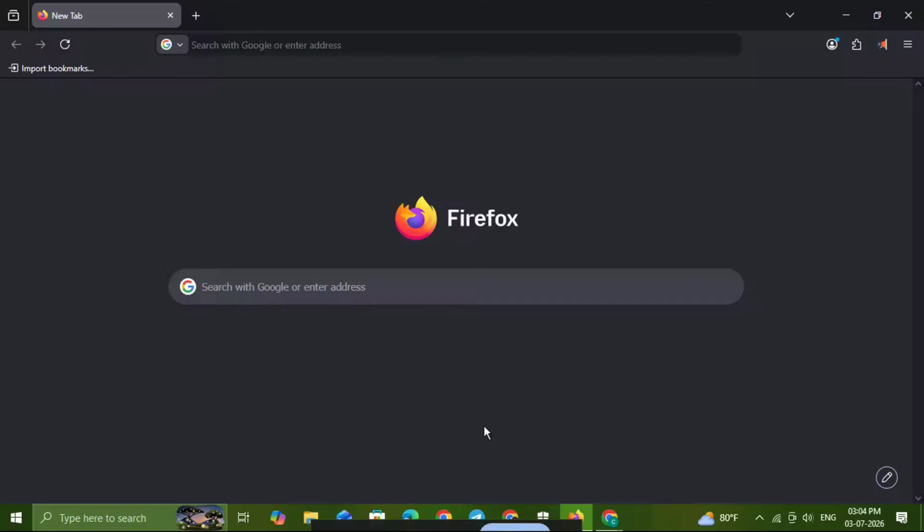If you want to learn how to browse the web with Firefox, you're in the right place. In this quick and easy tutorial, I'll show you the basic steps you need to get online, open new tabs, navigate between pages, save bookmarks, check your history, and use private browsing. This is a great beginner-friendly guide, whether you're completely new to Firefox or you just want a fast refresher on